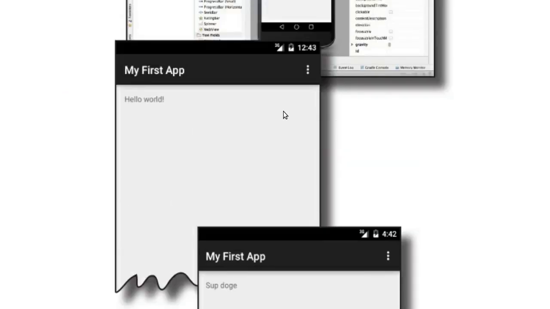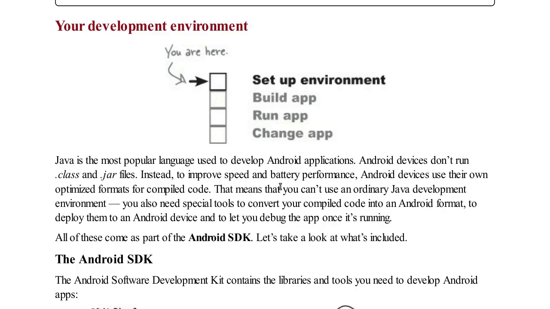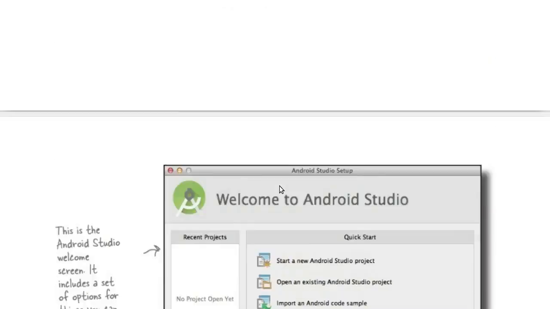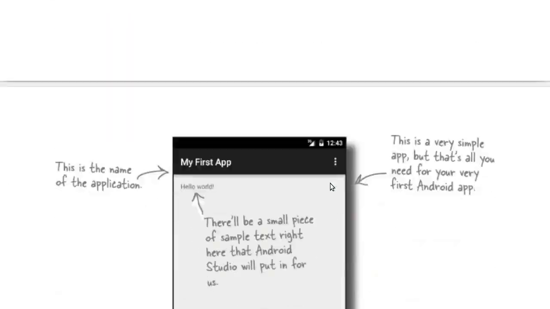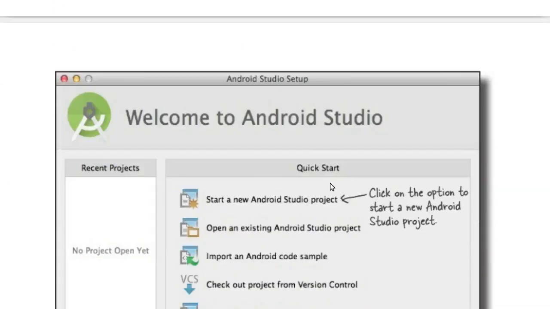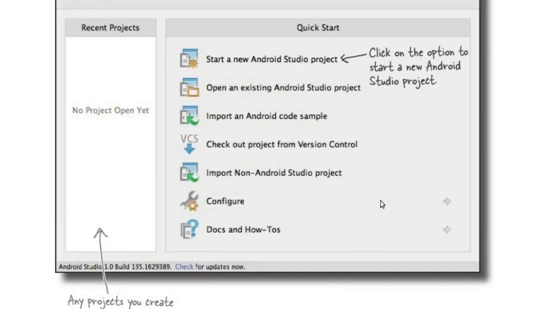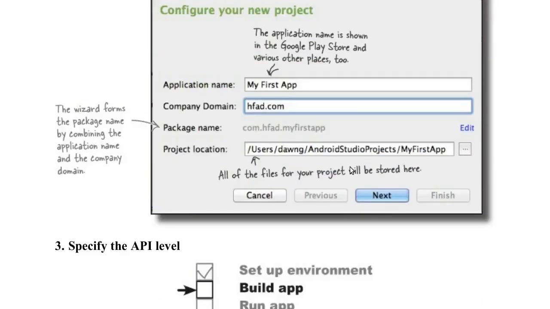So the first app is creating a Hello World example. So how can we create this? When you open Android Studio, it would look like this. You first have to start a new project. So you click on start a new project, then enter the application name and the company domain. Company domain is similar to the package, and then the location of your project. Then you move to the next step.